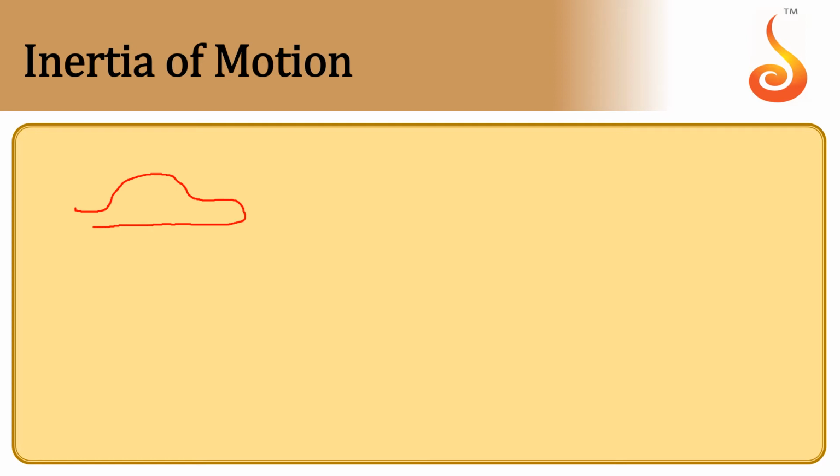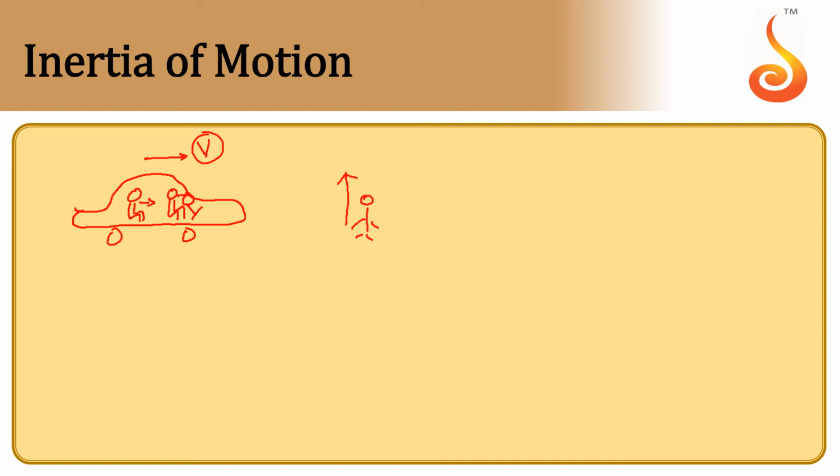If there was a car and you just imagine you are sitting at the back seat and the car was initially moving with certain velocity. That means the car and you and even the driver as well are in motion. And if the driver suddenly applies the brake by seeing a person who is crossing the road, then what happens? We feel a tendency to move forward. We'll get a jerk forward. Why do we get a jerk in the forward direction?